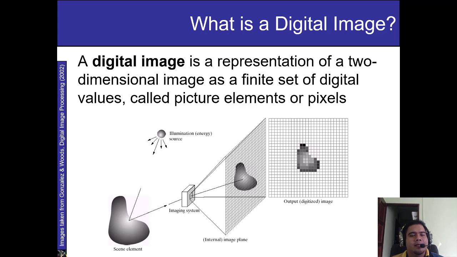So in other words, anything from the environment is an analog signal. If you see anything with your naked eyes, that is an analog signal or analog image, which comes from the environment into your eyes, and your eyes process an analog image. But when we want to implement something in a computer, of course we will convert that into a digital signal or digital